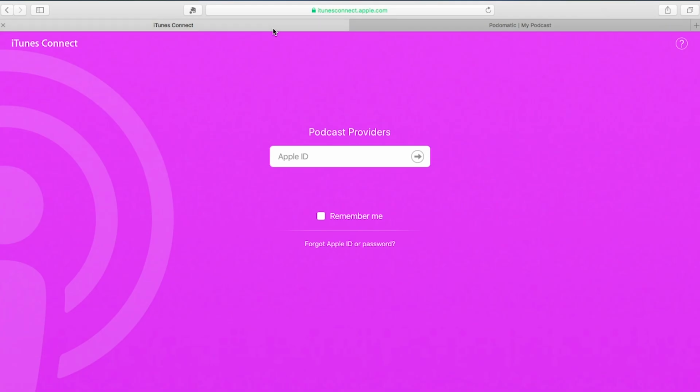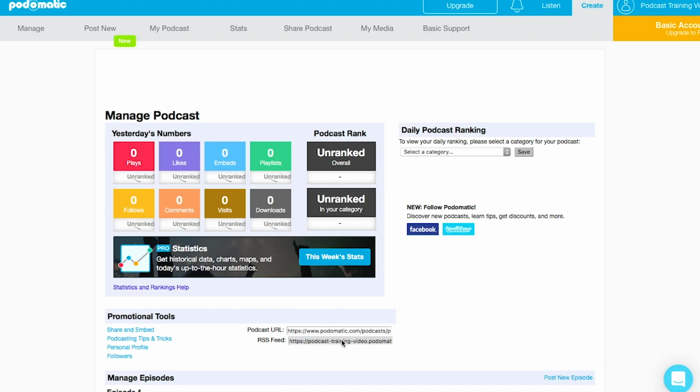All acceptable options. The biggest thing that we get a lot of questions on as podcasters is how do I get my show on iTunes, which are these directories. There's different steps for each one. iTunes being the biggest one, you've got to make sure you're on iTunes if you want people to listen to your show. The first thing you're going to need to start off with is an Apple ID. If you're an iOS user already, you've already got an Apple ID. It's what you've logged into the App Store with. You'll log in there using your Apple ID, and then you can very easily just submit your RSS feed,